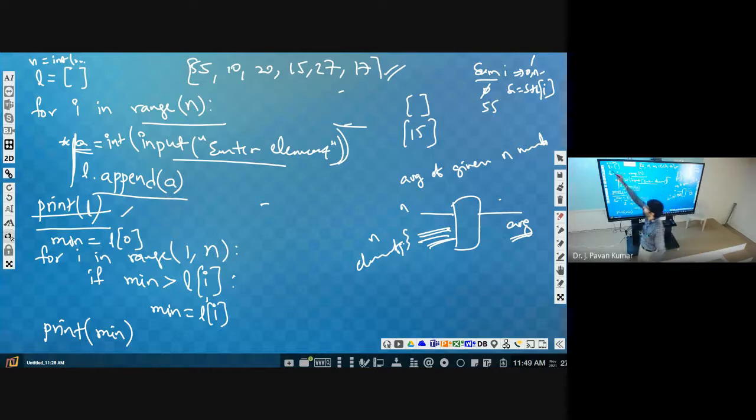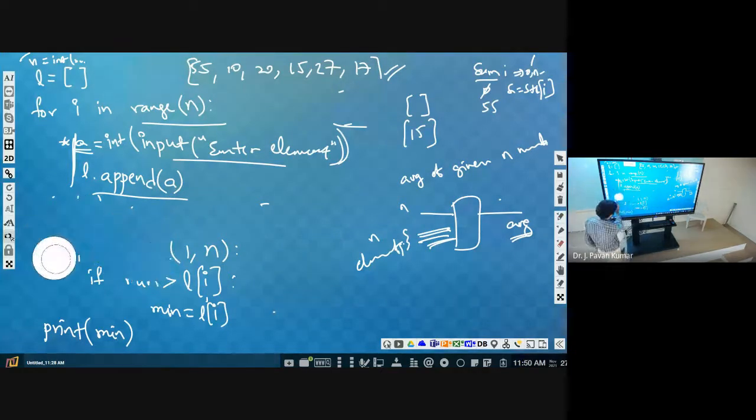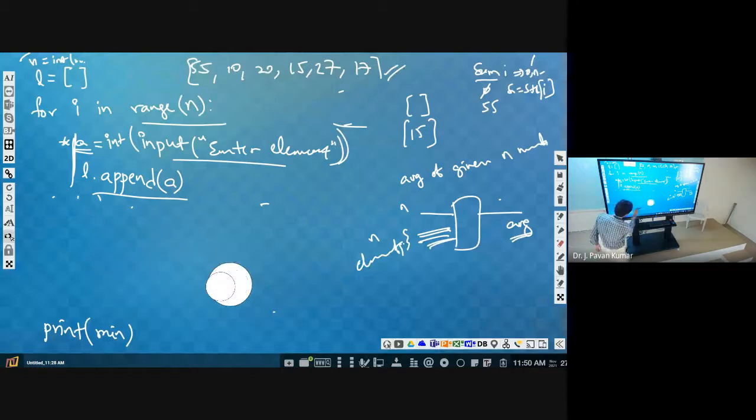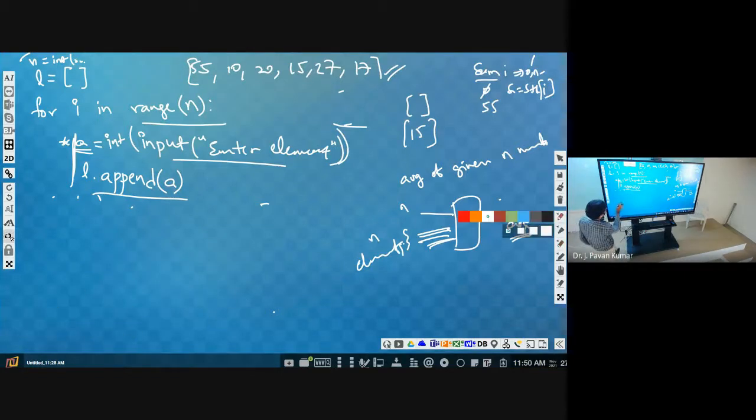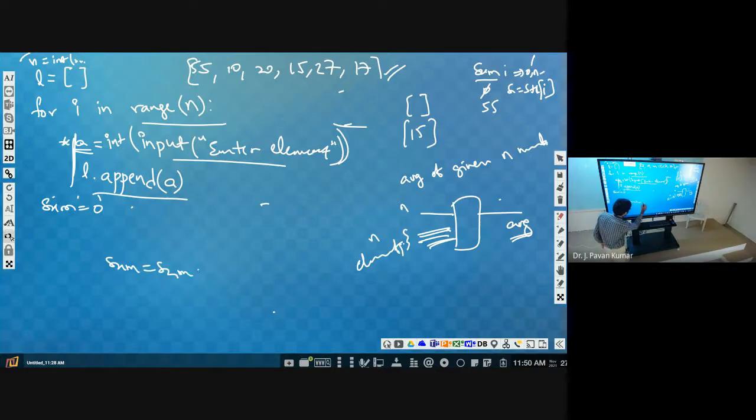First you take n as the input, then all these N elements as the input. After this we have to add. First of all, sum is equal to 0. Then sum is equal to sum plus L of I. What is I?